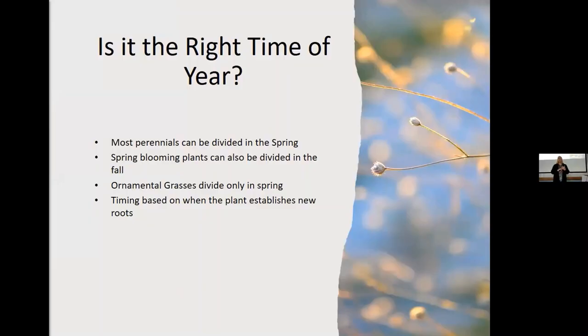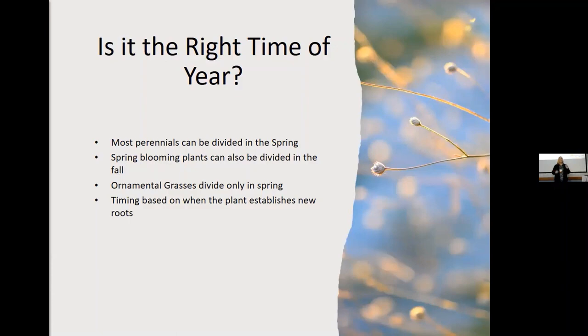Most perennials can be divided in the spring. Some can be divided in the spring and the fall. There's a general rule of thumb that spring flowering perennials can be divided in the fall, and summer and fall blooming perennials can be divided in the spring. There are some plants that can only be divided at one particular time of year, and an example of that is ornamental grasses. So think of Hakonechloa, Japanese forest grass. Those types of things can only be divided in the spring because that's when they're going to generate new root